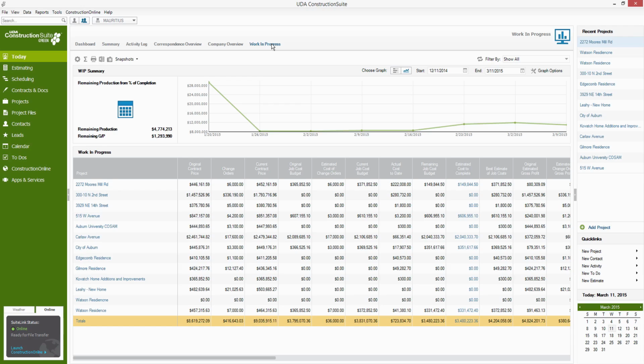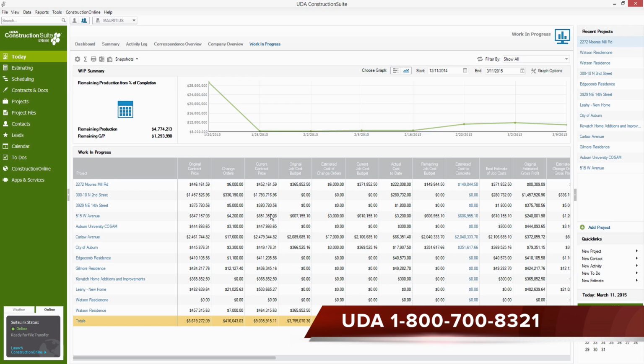Of course, Rachel has pulled up this work in progress report for us, and as we take a look through this information, and I'm pointing at the screen as if you guys can see it again, this is just giving us an overview of where we stand on a lot of our projects. In this particular report or tool, you'll see our original contract price, what we originally signed with a client, of course. Change orders, like we talked about a little bit in the financial graph. You'll also see things like your current contract price, your original job costs, or your budgets for those jobs,